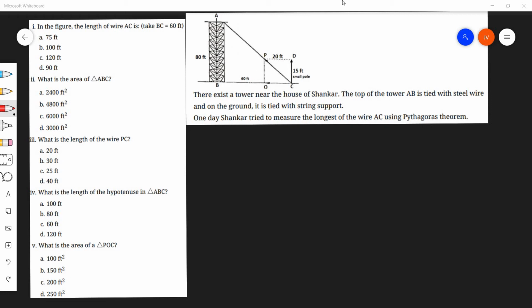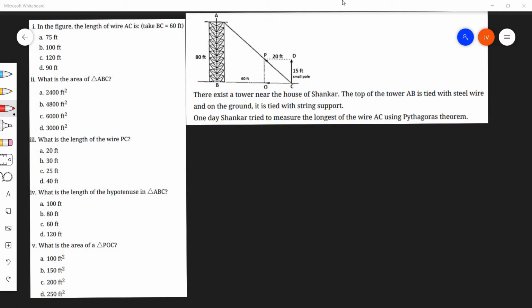In this video, we will know the solution to the case study question. That is a kind of question that is being launched by the CBSE this year for class 10th mathematics. About a case study question, there will be a case study given. That means a paragraph kind of question which is related to a particular chapter of the class 10th NCERT maths textbook.